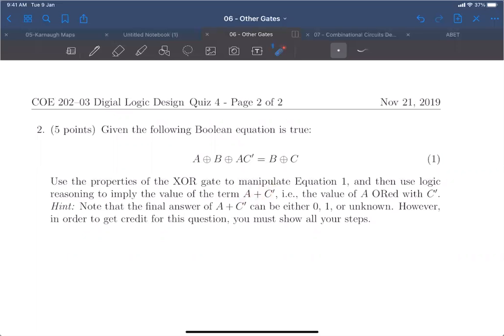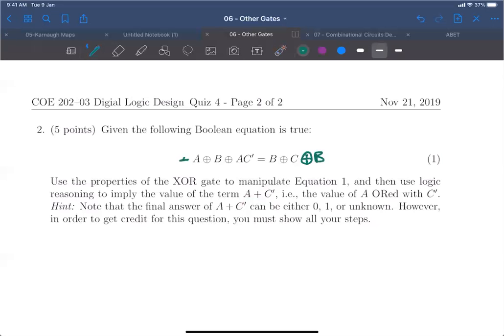Remember, algebraic equations work the same way. In an algebraic equation, if you have, for example, +1 on both sides and you'd like to get rid of it, what do you do? You subtract 1 from both sides, right? What if you'd like to get rid of the B from both sides here? What do we do? We XOR B on both sides. Excellent. So we XOR B